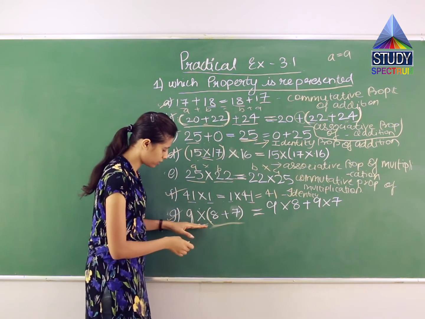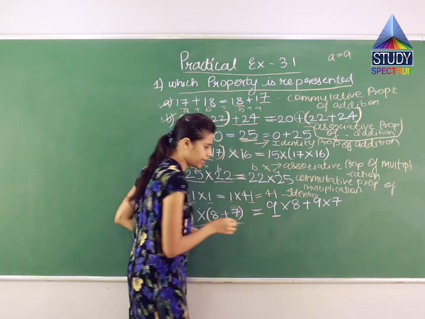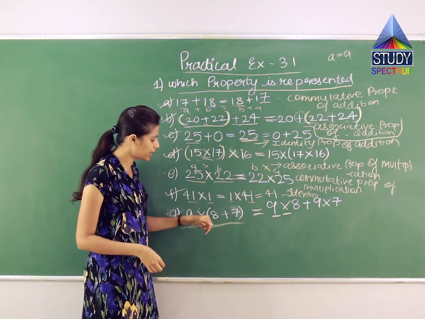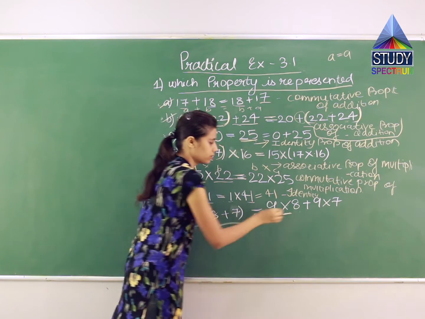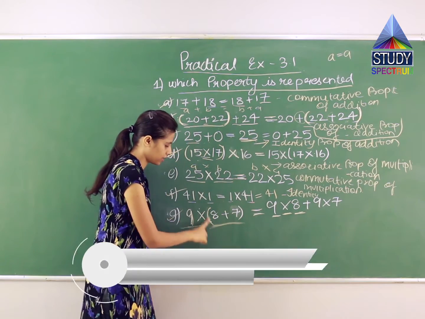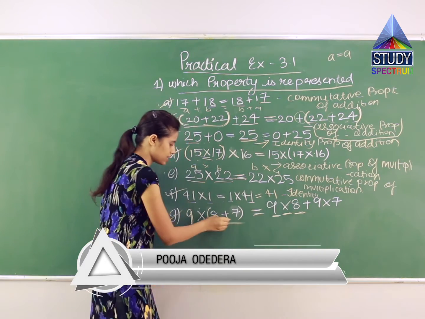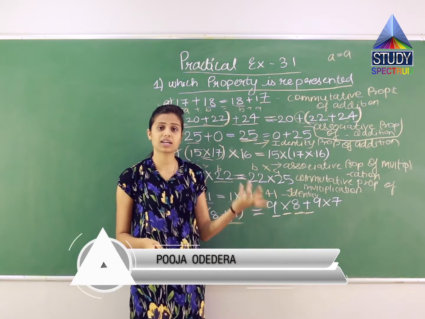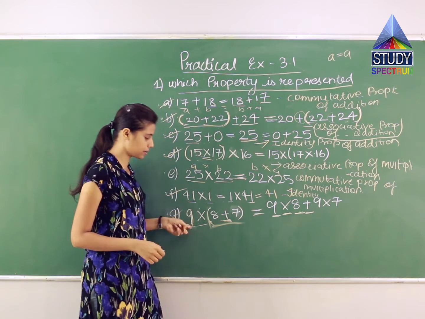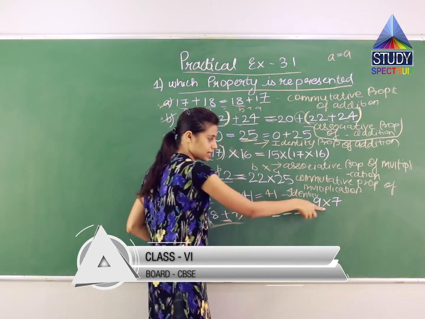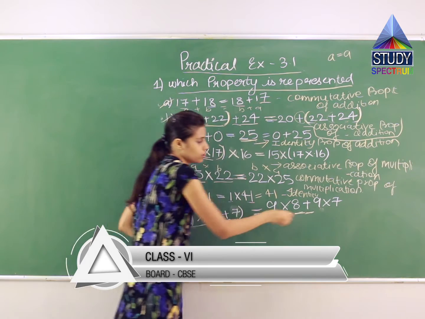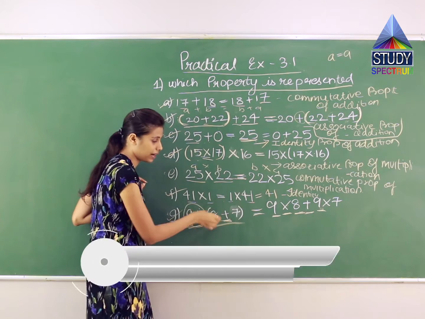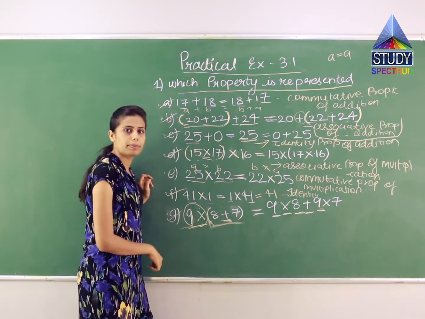Can you see this? This 9 I wrote here, okay, then I wrote the multiplication sign as it is. Up to here you understood. Then what I did, this 8 I wrote ahead. Okay, I removed this bracket. Then I wrote the plus sign. Then what did I write? 9. Where did this 9 come from? This 9 is repeated twice. So this 9 is this 9 itself. So this and this multiplication sign, both are repeated. Why repeated? Because it is outside the bracket.